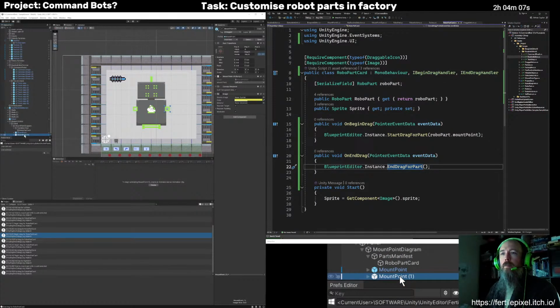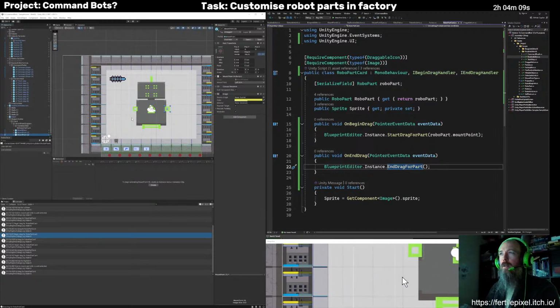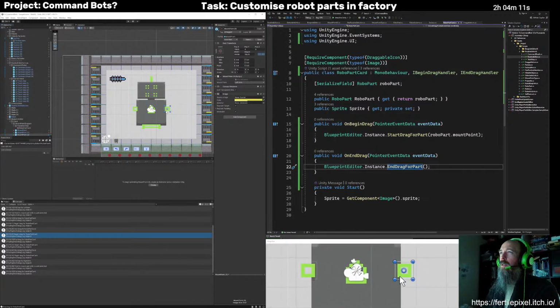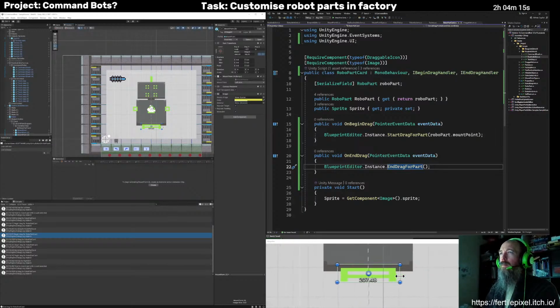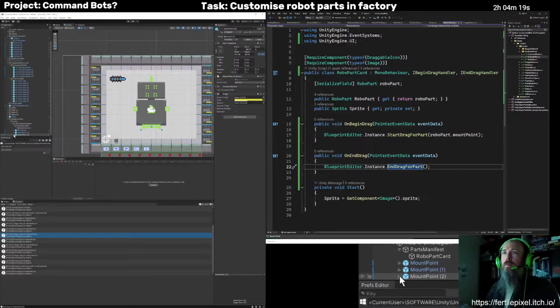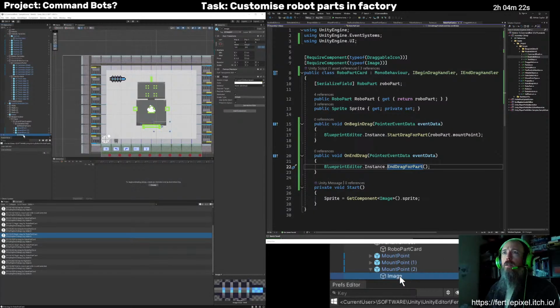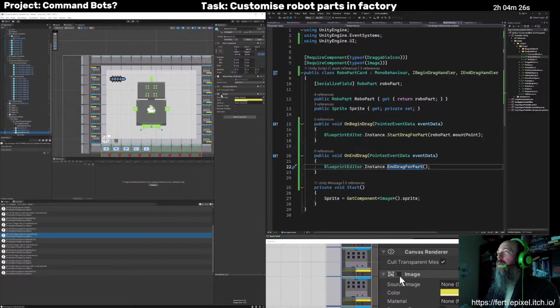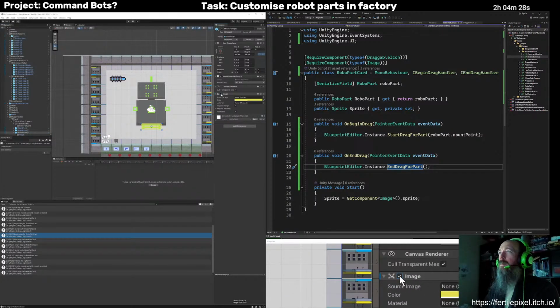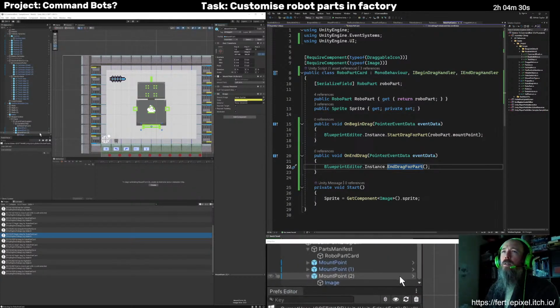So I'll just duplicate that one and then put it about here, like so. Get the highlight. Yep, that seems to be working.